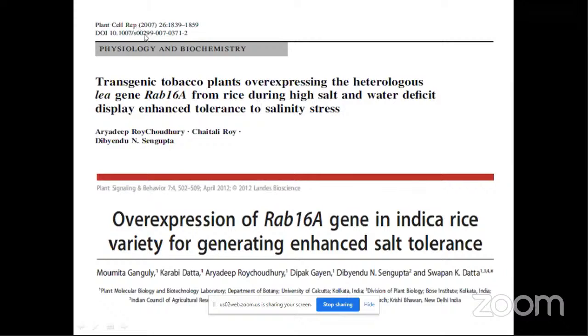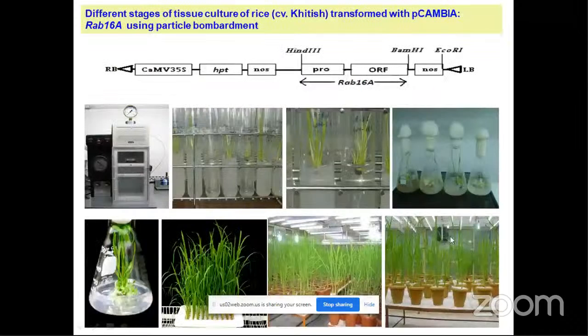This was way back, of course. I told you that these are some of my earlier works. And then when I worked with Professor Shapon Datto and Dr. Korbi Datto, we went a step forward and tried to overexpress this Rab16A gene in rice. In this case, we chose one of the sensitive varieties, Khitish, which is quite sensitive to salt stress, and we used the particle bombardment technique to transform the rice